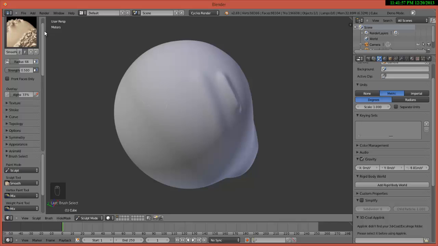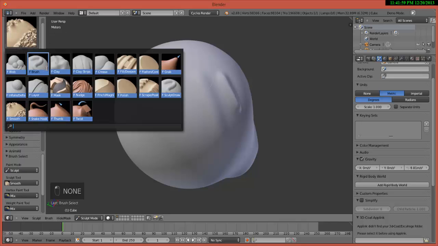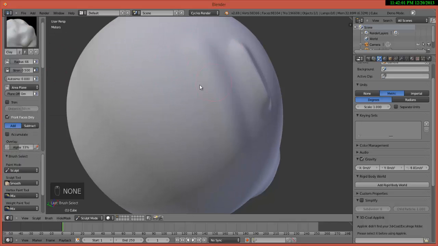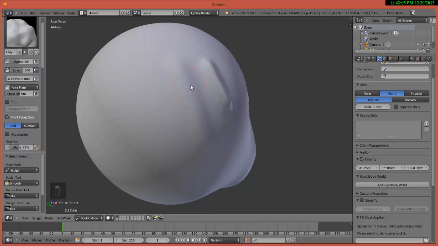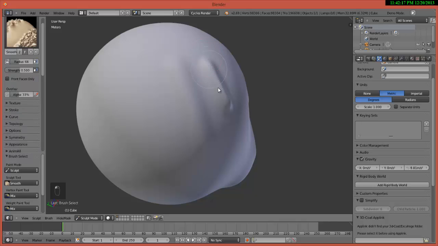I'm going to select clay or any other brush, and the other option is a temporary shortcut. By temporary I mean it only works as long as you're pressing down the button, and that's shift. So you press shift and hold it down while it's sculpting, and the smooth brush is activated while you're holding shift down